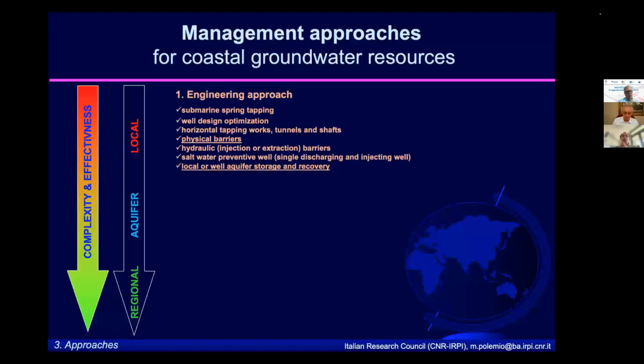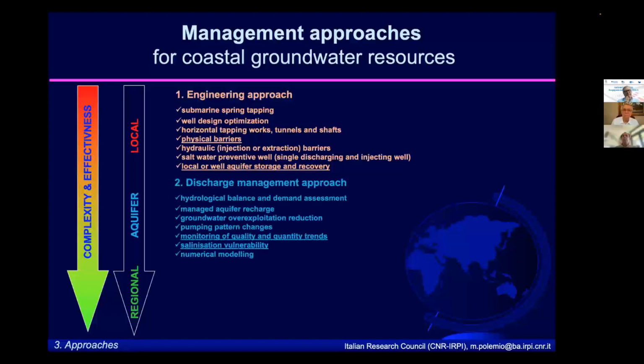When these solutions are not able to guarantee to avoid an increase of salinity or a sufficient amount of groundwater, more complex approaches are necessary, applied at aquifer scale, to aquifer dimension. So we call this approach the discharge management approach. They are based on the hydrological balance and demand assessment, trying to obtain an equilibrium between these, but also improving the recharge in an artificial way,